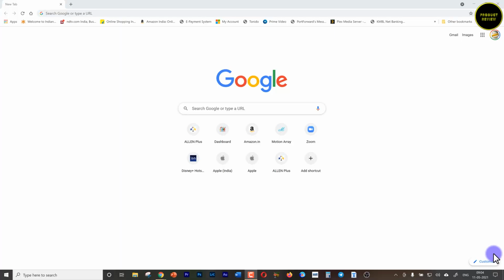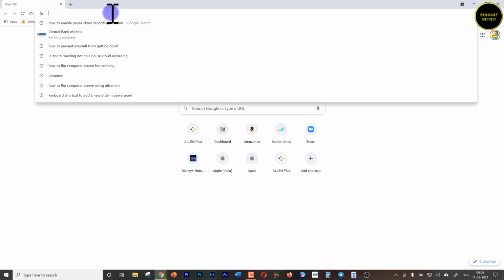Before we jump in, let me make it clear that you would need a Microsoft Office 365 subscription for this feature to work. Now with that out of the way, let us start the magic from scratch. First, let's open our browser, and in the address bar, we are going to type office.com.